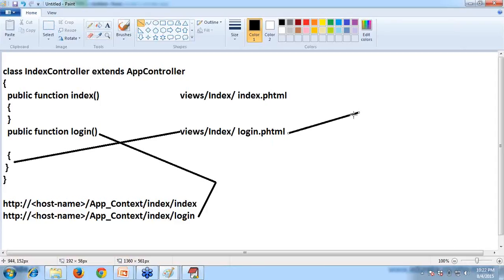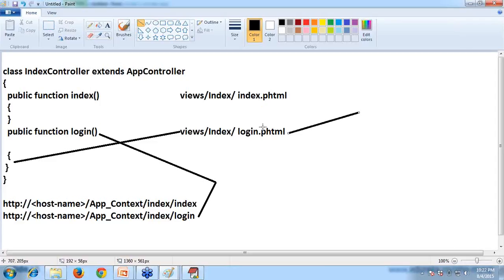You don't need to say in the login function that you go to login.php or HTML. It will automatically go. That is what the framework does. This is the controller action. It will come to the corresponding action. It depends upon the framework. I'm talking about frameworks like Zend Framework, CakePHP, Symfony, Doctrine, Yii framework, and Laravel, the latest one. So there are different frameworks, and this is the flow.